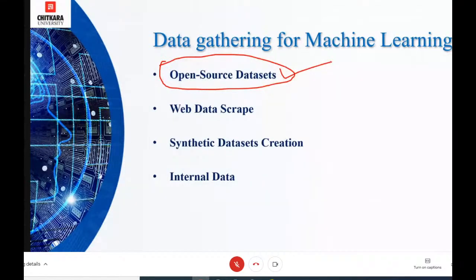Open source data set means the internet contains thousands of publicly available data sets ready to be used, analyzed, and enriched. The trouble with public data sets is finding ones that are actually useful or suitable for your model. For example, you have already heard of the UCI repository and the Kaggle repository. UCI means University of California, Irvine.